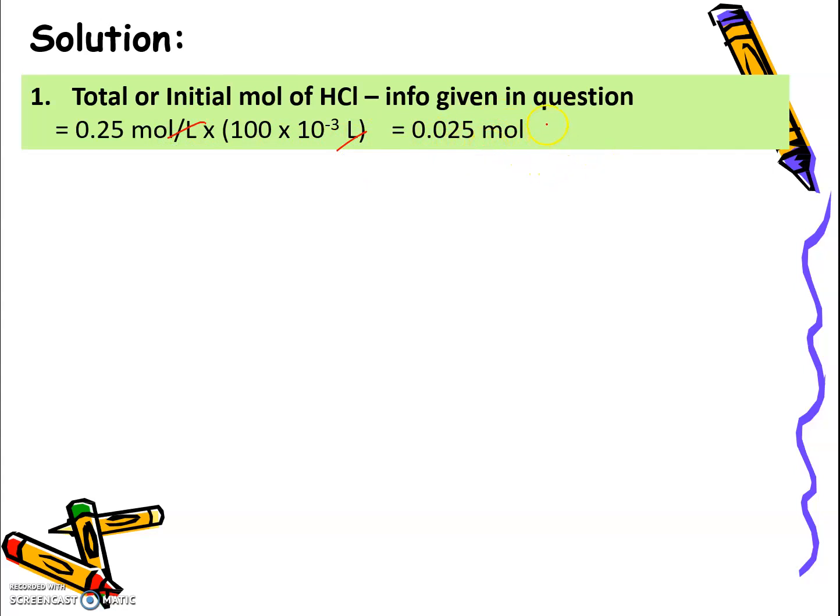0.025 mole HCl initial. Okay, second step, after we find the initial number of mole,